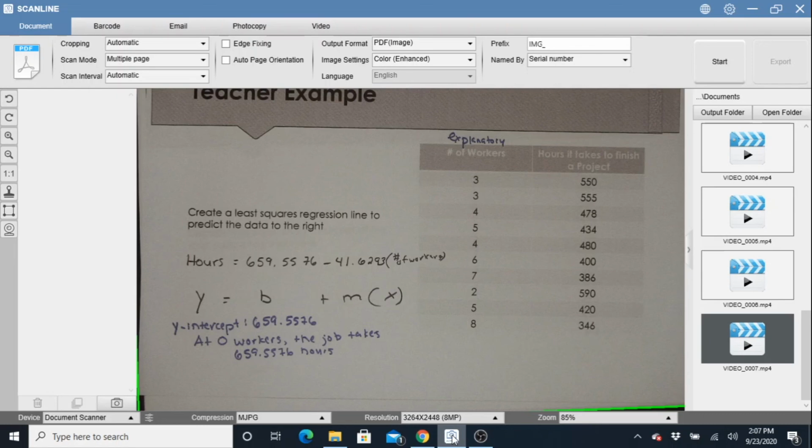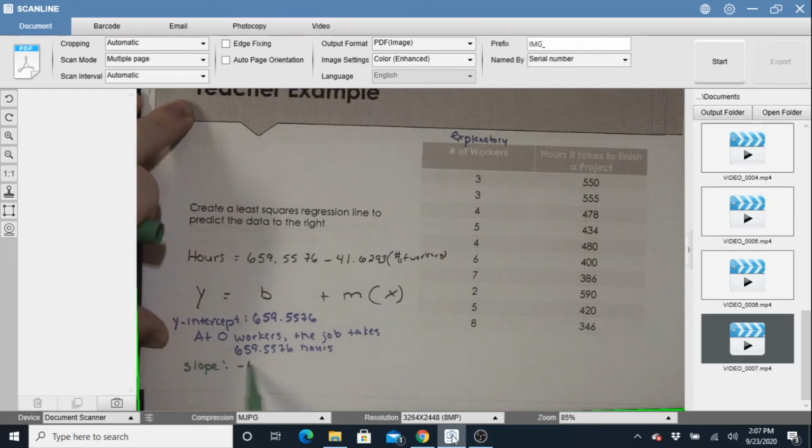So the slope here is minus 41.6293. And also recall that we did say this had a negative correlation, so it makes sense that the slope is negative because it's going down. Remember, the association, the correlation corresponds to the slope. So what we say here is that basically